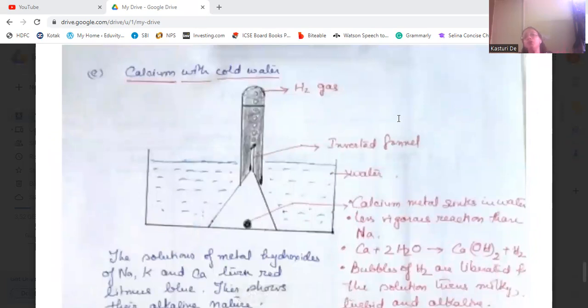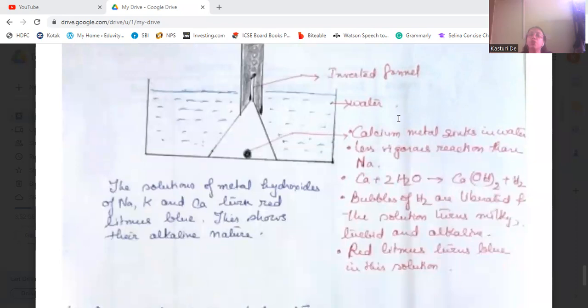Calcium will also liberate hydrogen with cold water, but here, when it is kept inside the water, it will sink to the bottom of the container because it is denser than water. This reaction is less vigorous than sodium. In this case, calcium hydroxide is formed and we can see bubbles of hydrogen gas, and the solution will turn